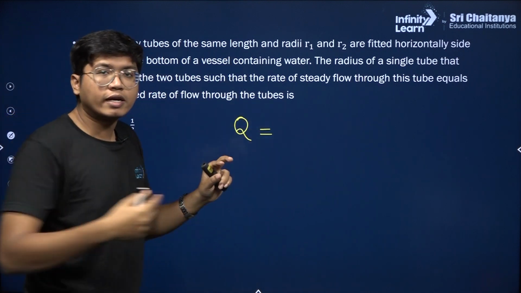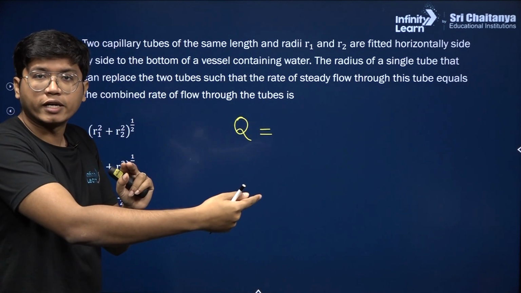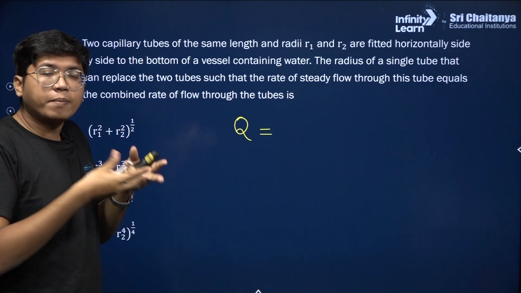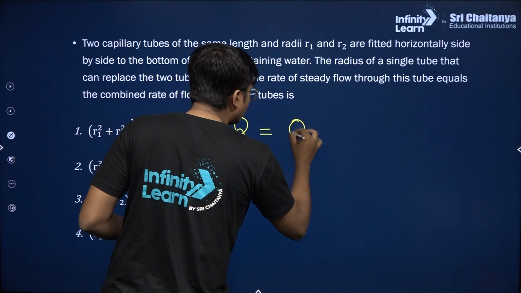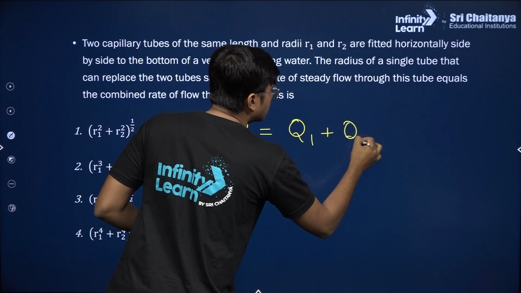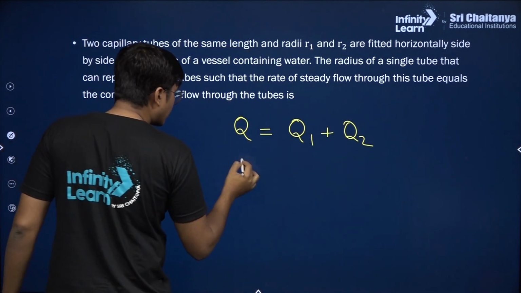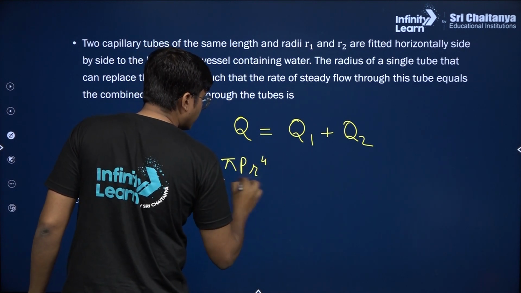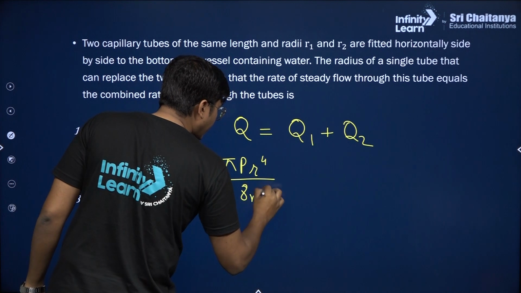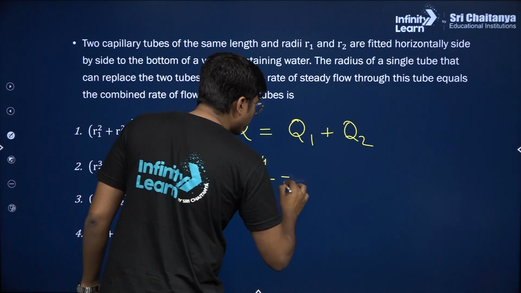So this is also flowing at a certain rate, this is also flowing at a certain rate. You want them to combine into a pipe whose net flow rate is equal to the sum of those two. So Q becomes equal to Q1 plus Q2. So Q is, again, we did this, pi P r to the power 4 divided by 8 eta L, and on the other side you will have